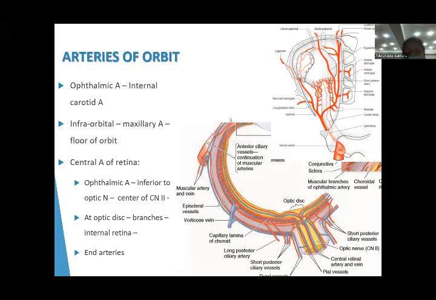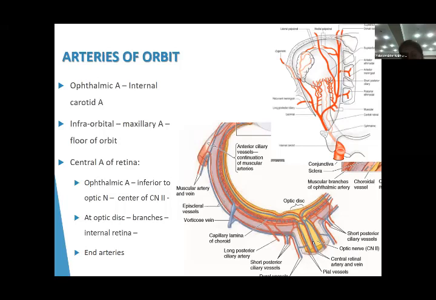उसके अलावा intraorbital भी enter करती है into the orbit. Intraorbital is a branch of the third part of maxillary artery. This supplies the floor of the orbit. And then don't forget, सबसे important, the most important blood vessel, the most important artery is the central artery of